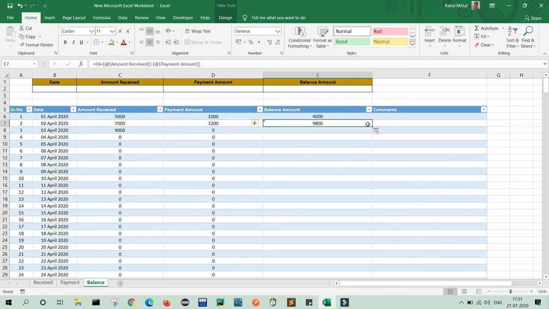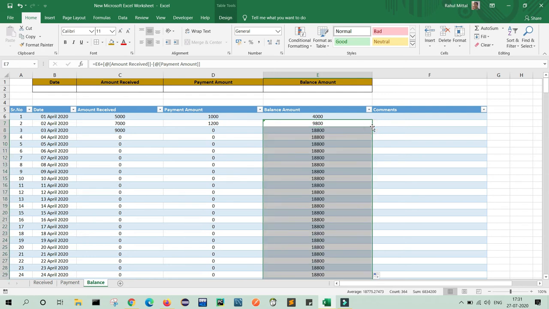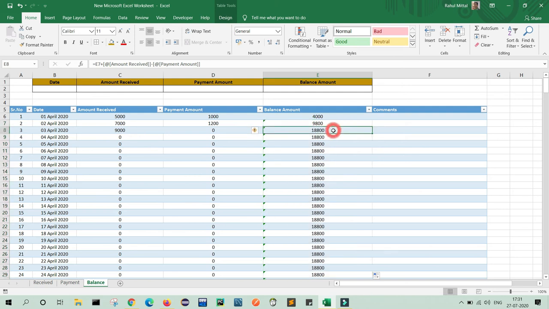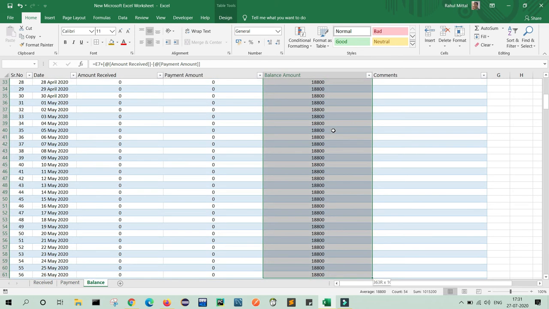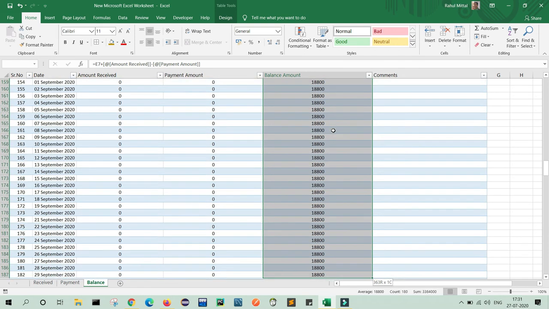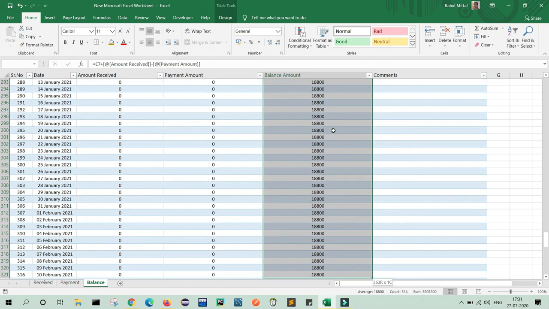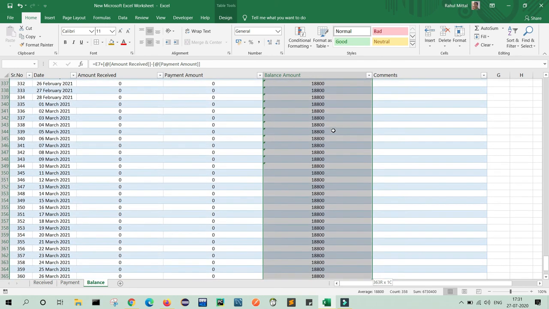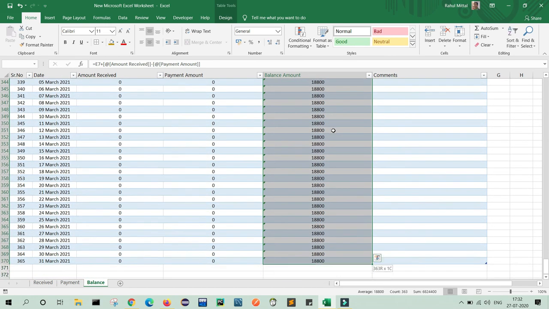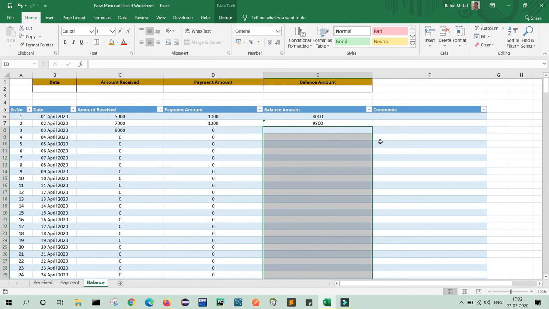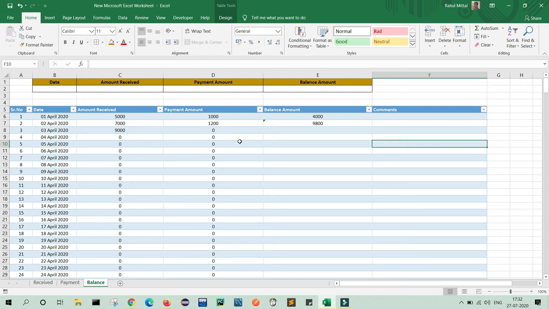Now this formula will be used till the end. I will just remove this because it is not looking good. It will come automatically once we put our data one by one. Just see how we can do this. So as per my receiving balance and payment balance, my balance sheet is displayed.